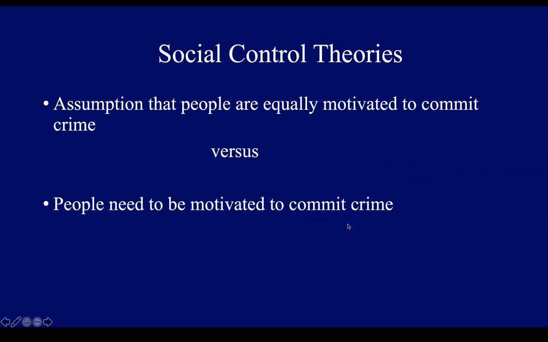Social control theory, as I said, is also called the social bonding theory. And the major difference between this theory and other theories is the basic assumption about human nature. Social bonding theory proposes that people do not need motivation or reasons for deviance in criminal behavior, because given the opportunity, without these social controls, anyone would commit the crime. The other positive theories assume that everyone will conform in the absence of a motivation to commit crime.